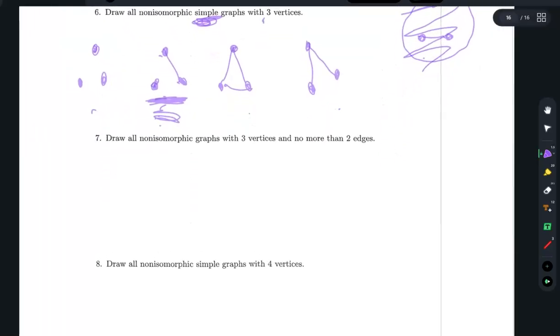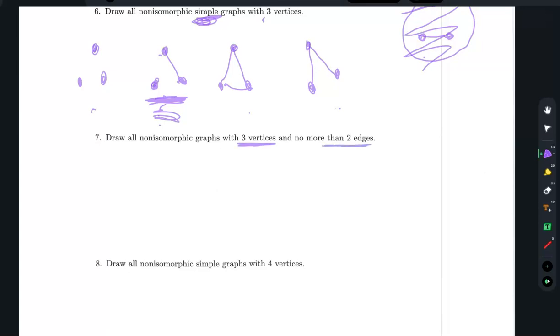Okay, so what if we go to the next one? So then if I have, it doesn't say simple, 3 vertices, no more than 2 edges. Okay, so it could be no edges, right? So it could just be that. Or it could be 1 edge, or it could be 2 edges. Now it didn't say simple, so that means I can do loops, right? So I could do a loop and then an edge between those 2,